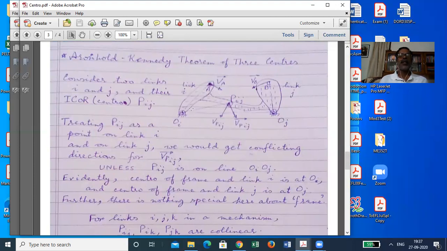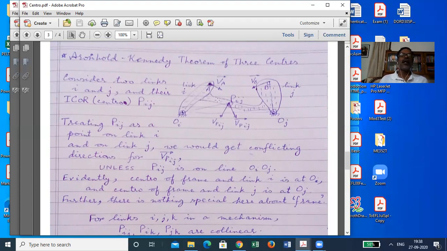You know that the instantaneous center of rotation of this link is here, because I am treating this as the frame. So this is the absolute instantaneous center of rotation. So that means for this instant, and for that matter for every instant, if this is really the frame and if there is really a revolute pair here, then for all instants this body is going to rotate about this point, pure rotation.